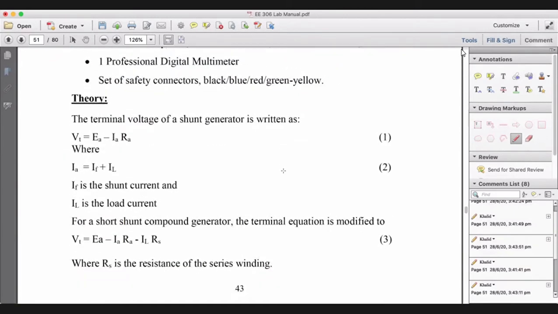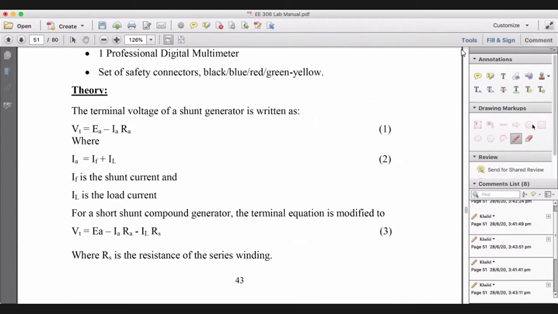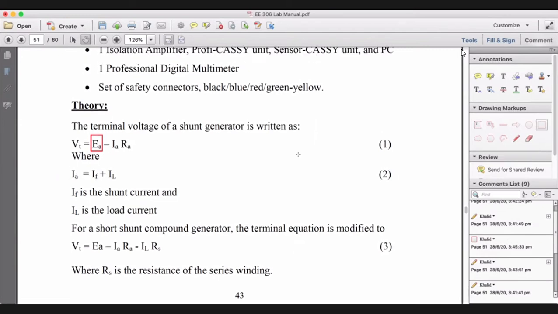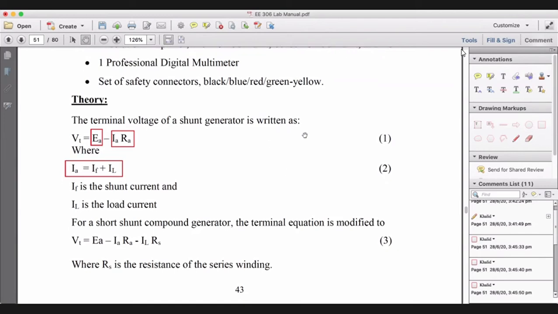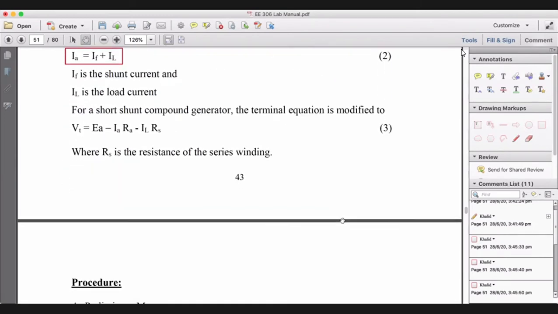And we have discussed, gentlemen, today in our classes that this is the theory, that we produce this EA, and then this is the loss. And in this case, we are ignoring the brush losses. We are not considering the brush loss. We are saying that brushes are neglected. So you can see that in the case of a shunt generator, our armature current is divided into two currents. If you remember, one current is going towards the field side, left hand side. One current goes to the right hand side, which is the load side. So gentlemen, you recall this equation from the class, our class today and the previous classes.